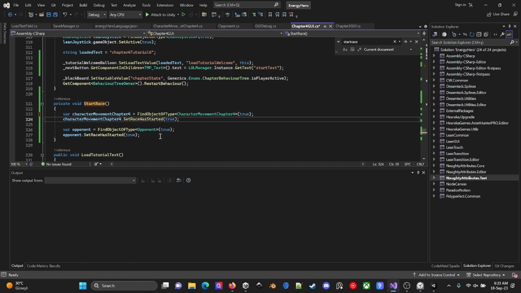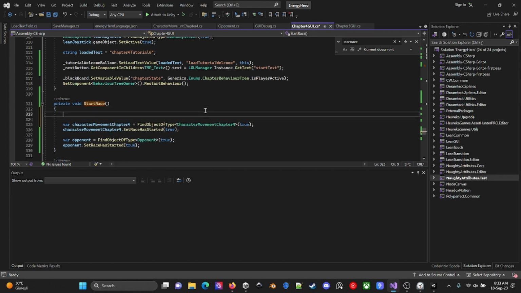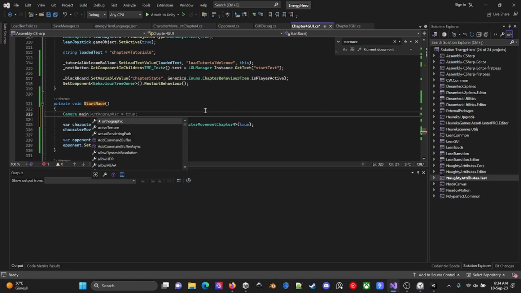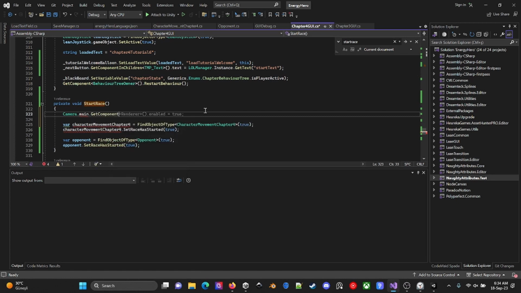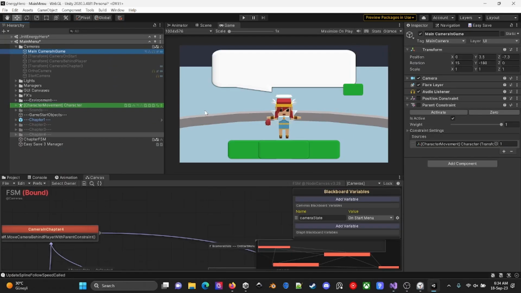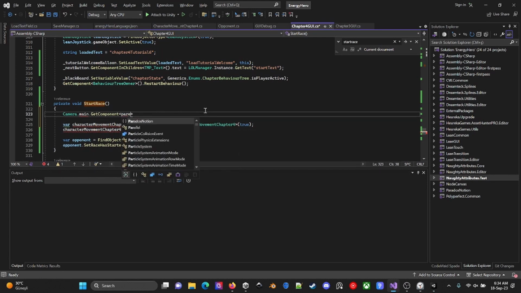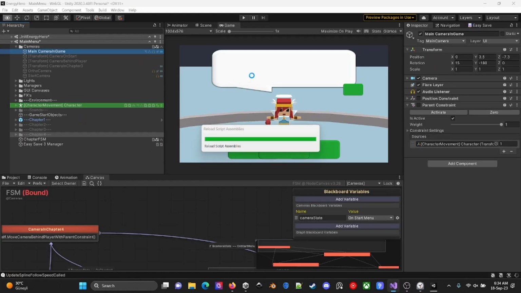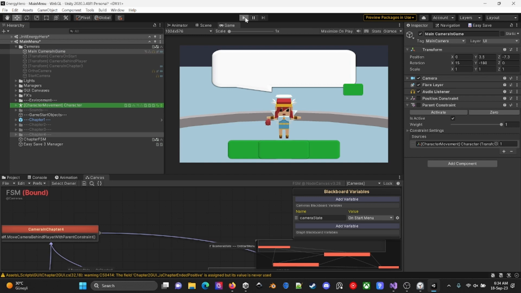My start race method can also have camera main, get component, and what is my get component? Parent constraint. Yes. Enabled, and let's set this to true, and let's see if this is working.